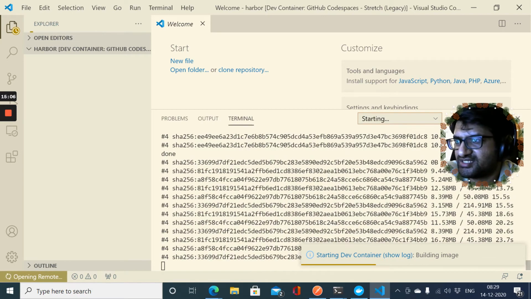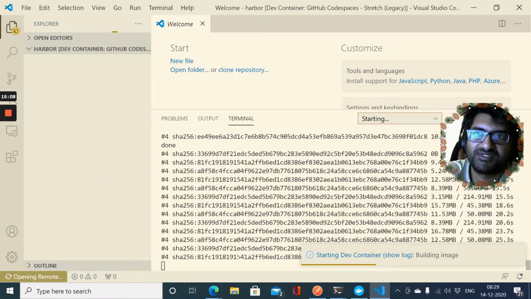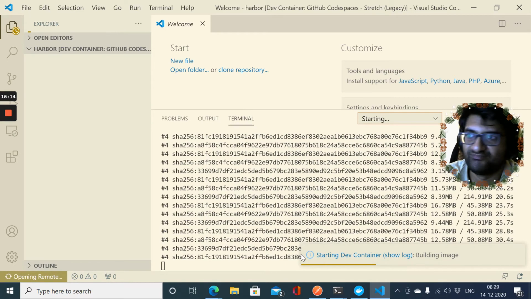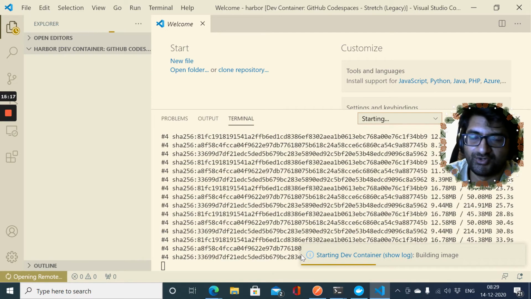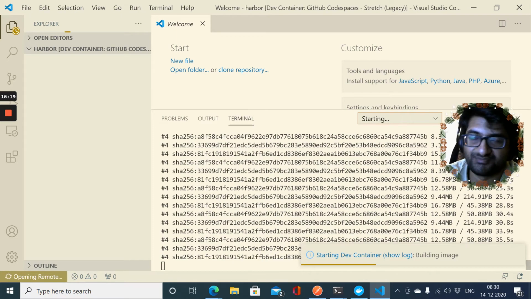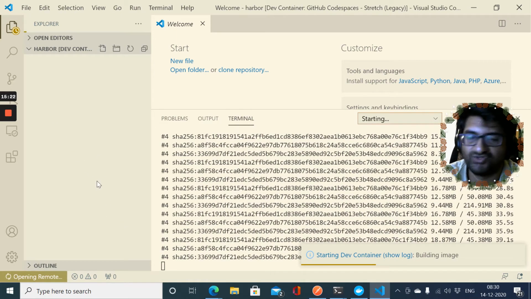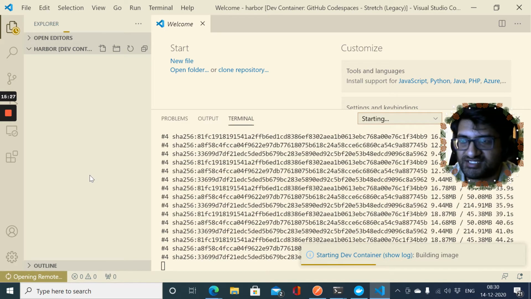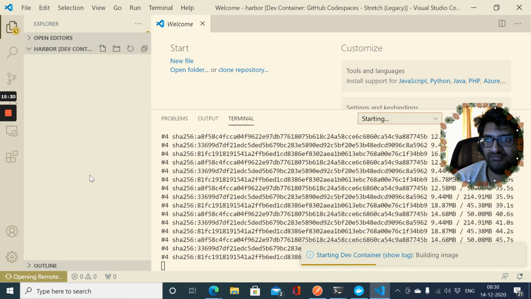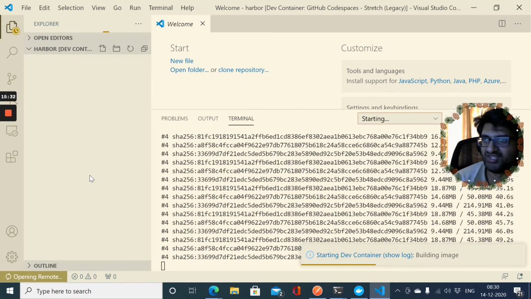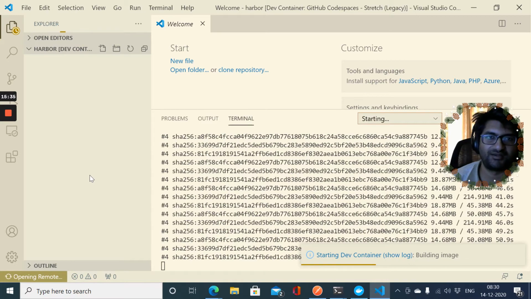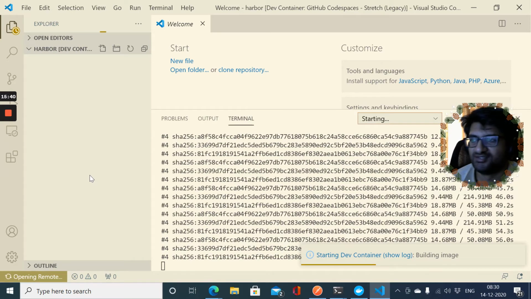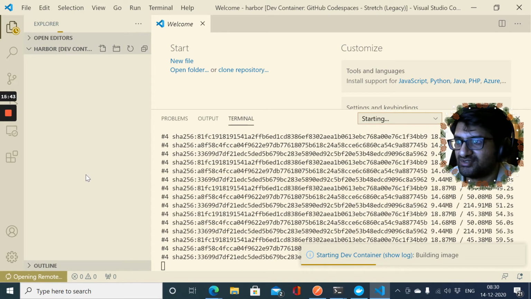Let's take a look at what it's doing, because it takes a little time to set it up. But once it's set up, you can actually work the same way that we saw earlier. You open it and the container is already on your machine, and it updates it with any changes that you do in the IDE. So effectively, you're working on the code that's inside the container. That's how it's able to maintain low latency and make sure that it works really in real time. Because if every time it was rebuilding the container and copying the code from outside, that's going to be messy, right? Every change that you do.